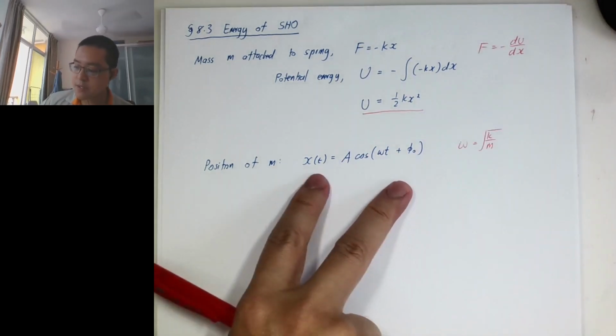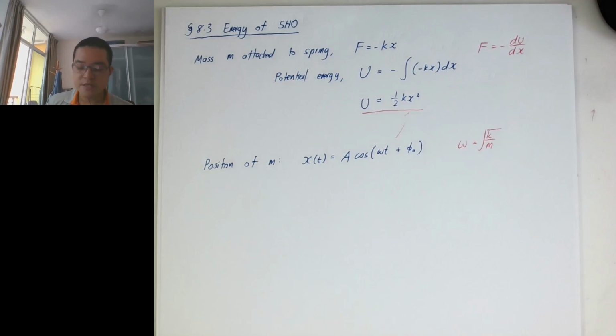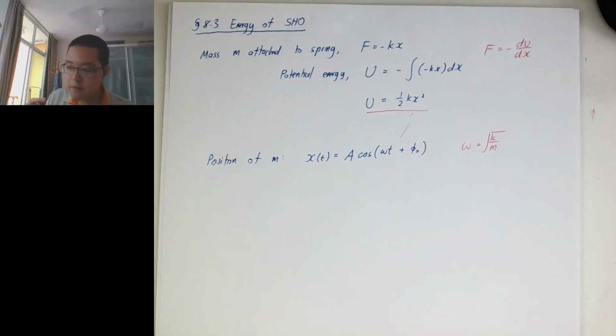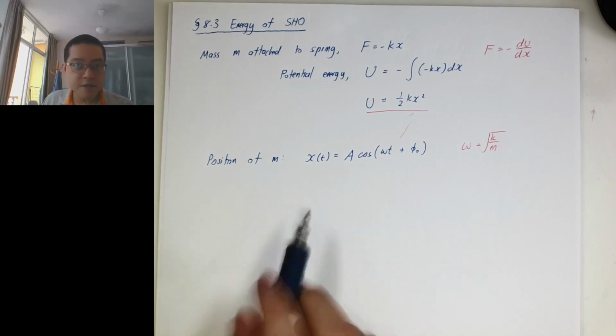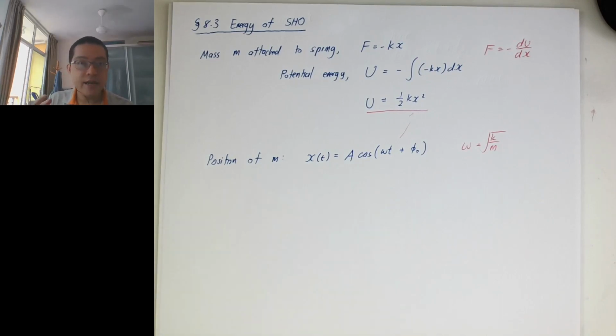Right, so this is the position. So I can actually put in this position to calculate the potential energy at every single moment in time. Okay, then I can also calculate the velocity by differentiating this, because once I differentiate this, I get v,